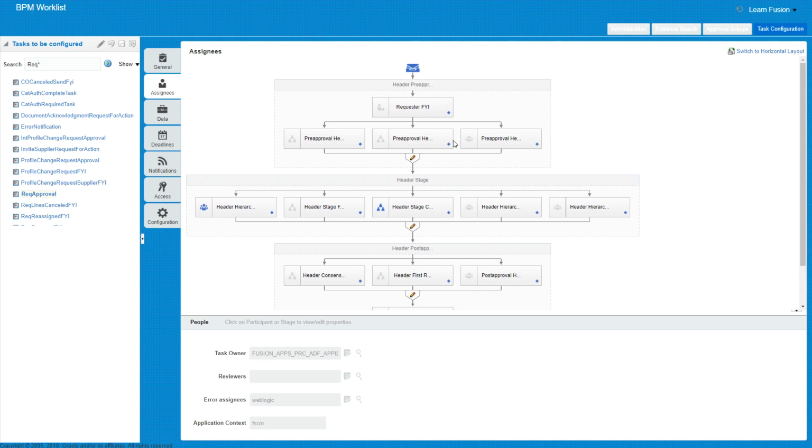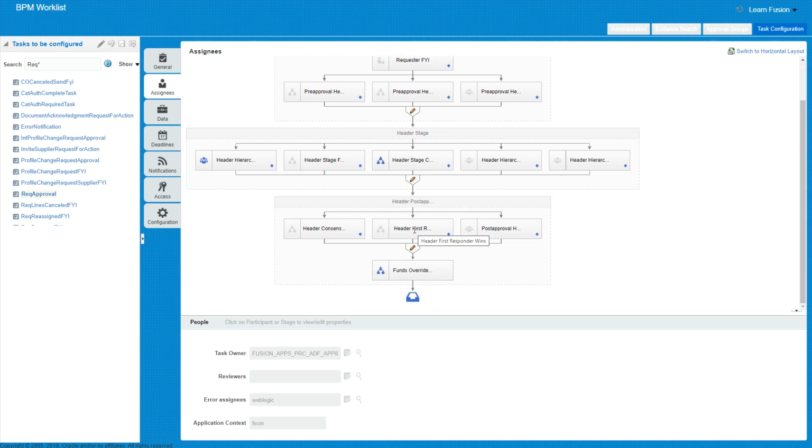You can write your approval rules in any of these stages. You can use the pre-approval rules if you want to set some parameters or data, but typically the most common is that people write all their rules in the header stage. And then you also have an opportunity to write your rules in the post-approval.